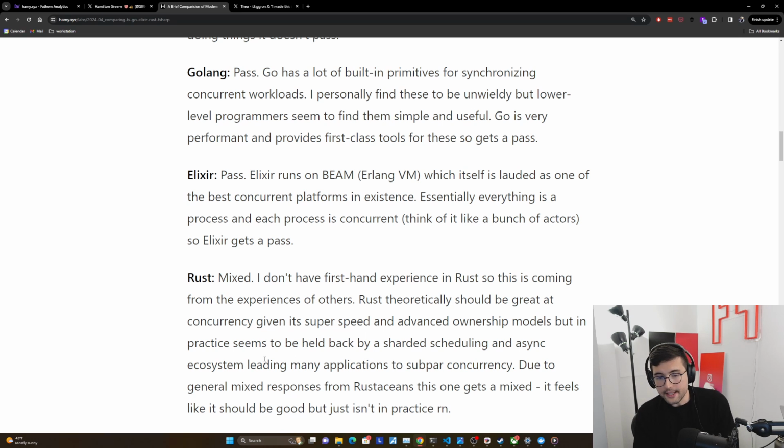Due to these mixed responses from Rustaceans that actually use the language a lot, we're giving this a mixed, but I don't want to give it a fail because it feels like everything is there to make concurrency great, and I wouldn't bet against Rust. I'm sure they're going to figure it out, but it's just not there yet.